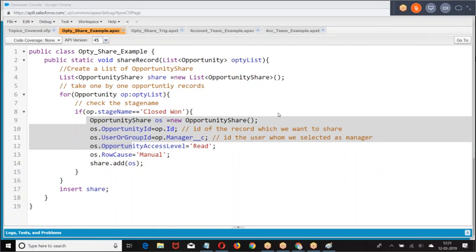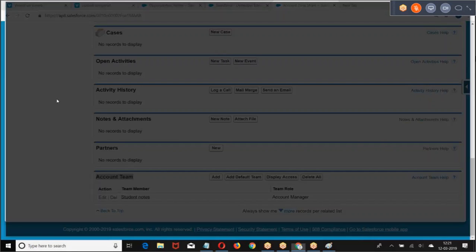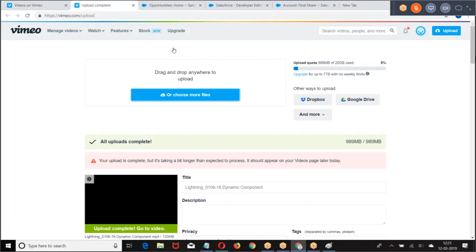Satish, I was trying to create a trigger on before insert, in which the condition was on the contact. It will not work like this. Yes, you have to write a query and get the account rating. You cannot directly give c.account.rating. You have to write a child to parent SOQL query and get it. Okay. Thank you, sir.